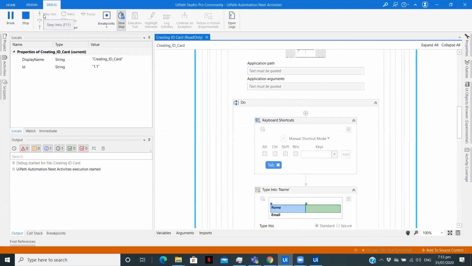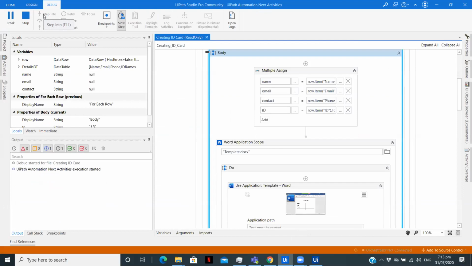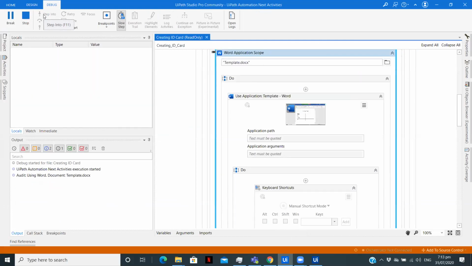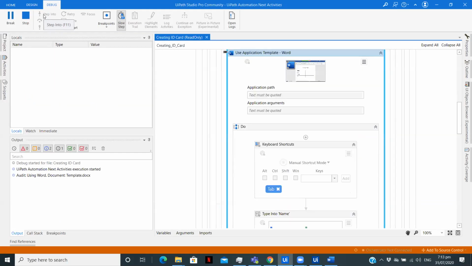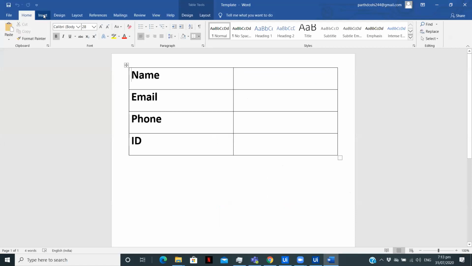The reason I didn't edit this part earlier is to tell you what problems can come while you try to implement such kinds of use cases. So let's see now whether it's working or not. So now as you can see, it is working perfectly fine. That was just because our cursor was not on the proper position to write the text. We were facing that problem.